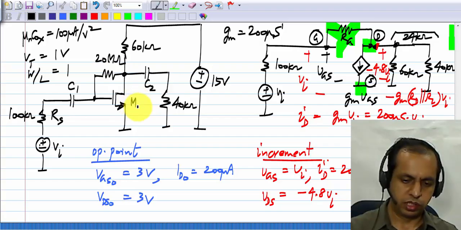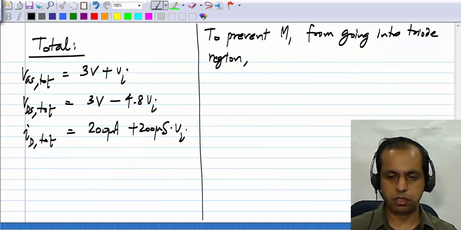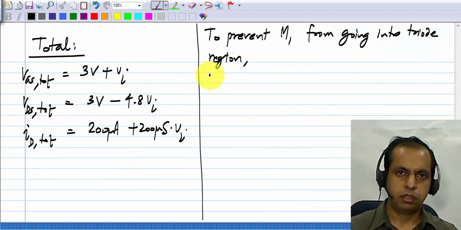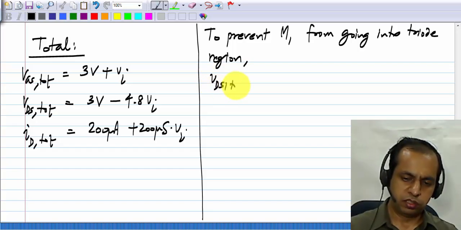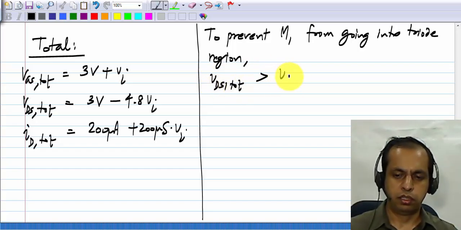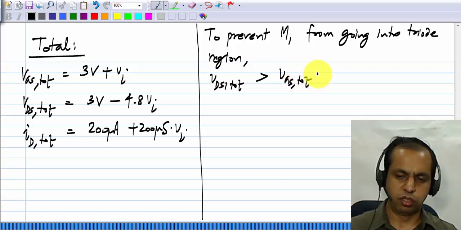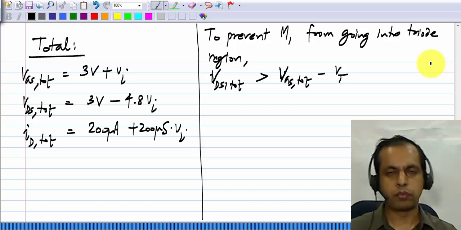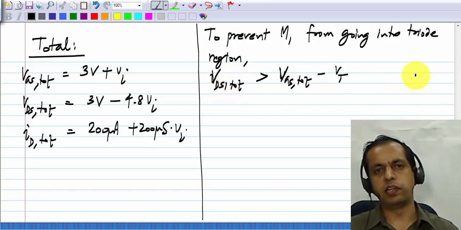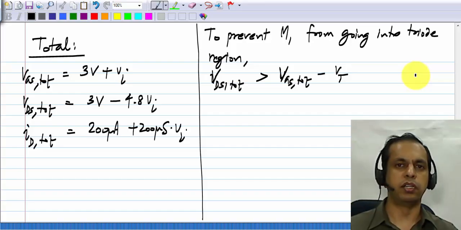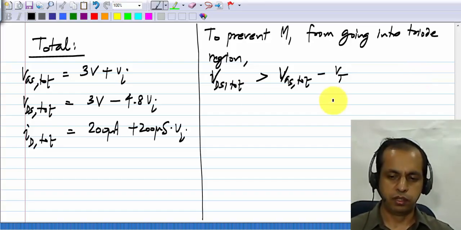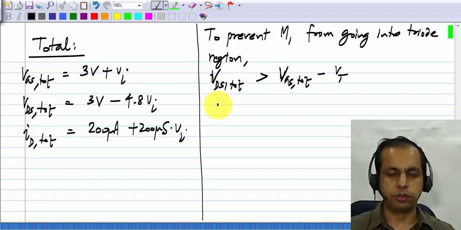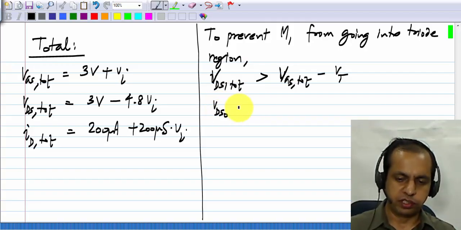I'll call this M1. VDS total has to be greater than VGS total minus VT. And the condition is exactly the same as before. We are talking about a common source amplifier. So what do we have? VDS total is VDS0